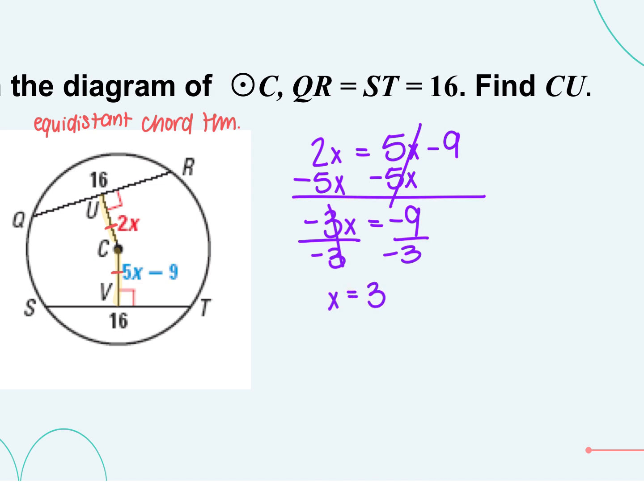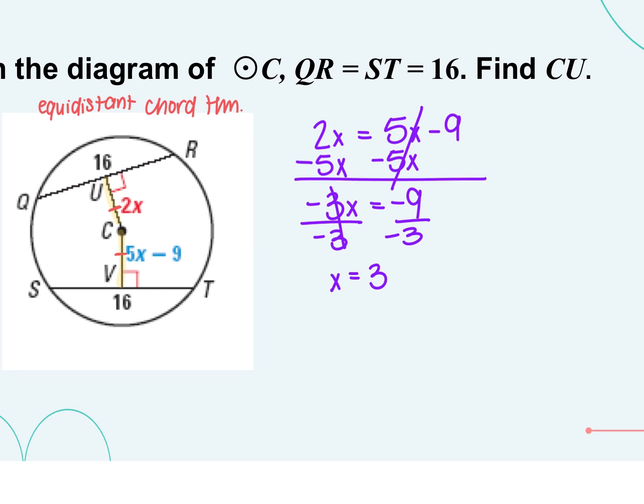Are they asking for x? No, they're asking for CU. So if they're asking for CU, CU equals 2 times x. So segment CU is 2 times 3, and CU equals 6. All right, I'm just going to move this to the side because I'm going to add